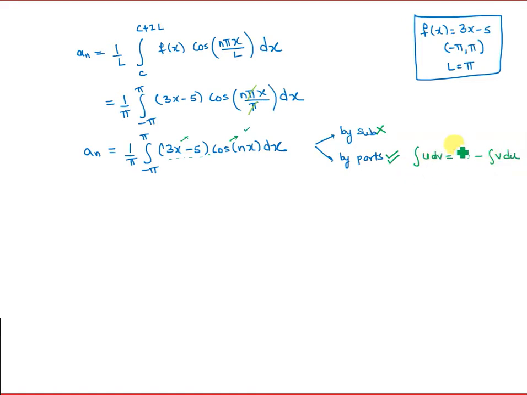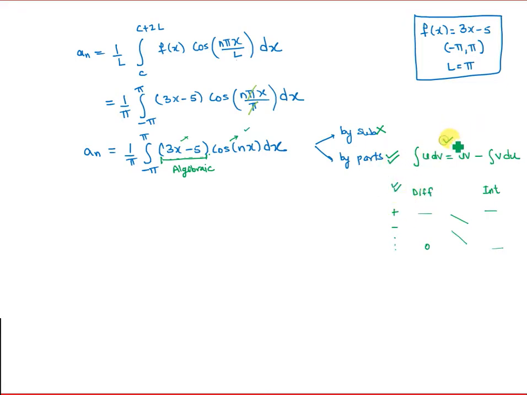Or we can use, as one of the functions is algebraic here, even that method, derivative. We select one function for derivative, another for integration. We continue differentiation until we reach 0 and we integrate the same number of times, give the signs, and then cross multiply. So we'll go for this method because this will be shorter compared to